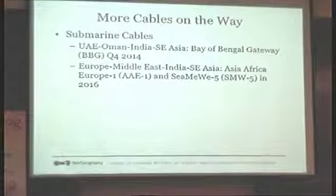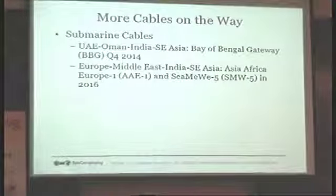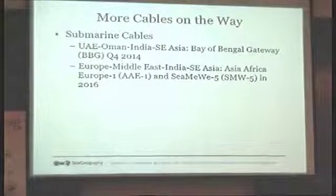They're going to be hitting all of the usual spots in the Middle East as well. These cables are optimized for 100 gig transmission, so I think each cable has the potential to carry between 30 to 40 terabits of capacity. So once these are in service in a few years, you'll have even more options for carrying capacity and helping